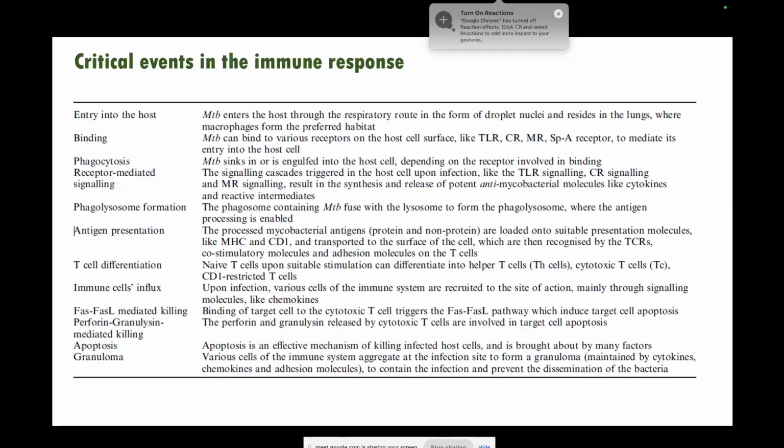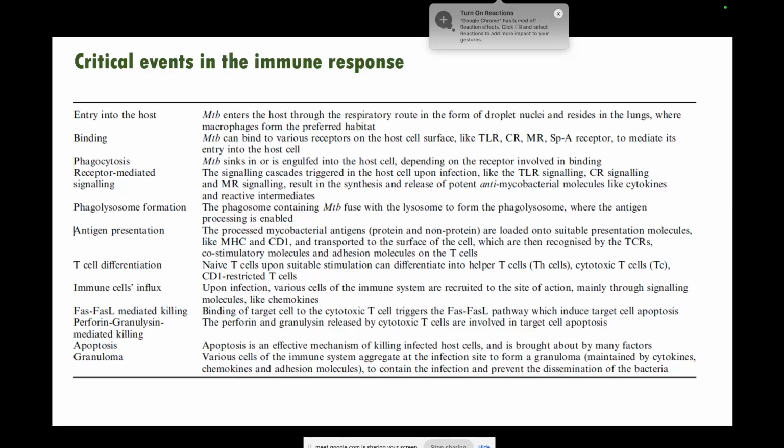Then receptor-mediated signaling occurs, where signaling cascades are triggered upon the host infection, like TLR signaling, CR signaling, etc. So antimicrobial molecules like cytokines are secreted because of this, because the body understands that there has been an infection. After this, the antigen processing takes place. A small part of the mycobacterial antigen is loaded into suitable presentation modules such as the MHC and CD1, and transported to the surface of the cells, which are then recognized by TCRs and